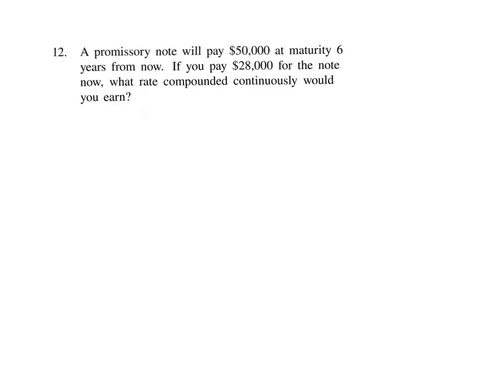This video will show you how to calculate the rate on a compounding problem. In particular, we're going to compound continuously. So a promissory note will pay $50,000 at maturity 6 years from now. So this is going to be the future value of that note, or what we call A. If you pay $28,000 now, so this is the principal or the present value of the money for the note